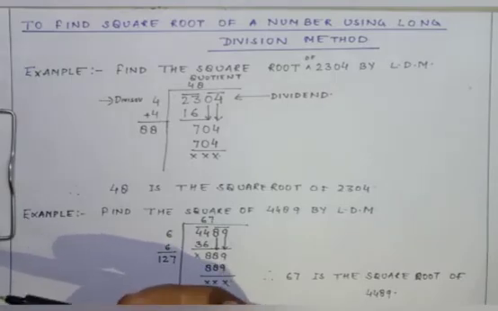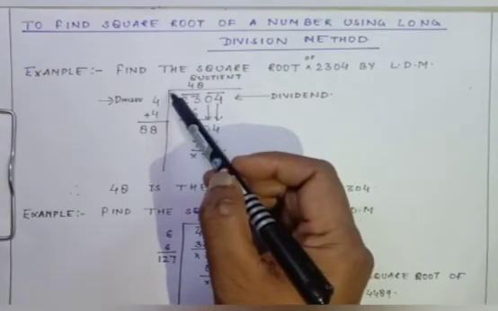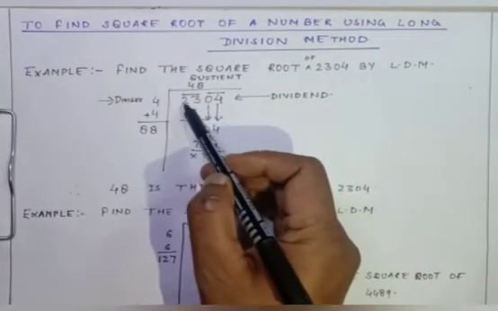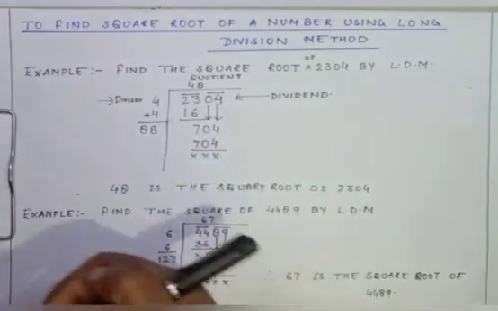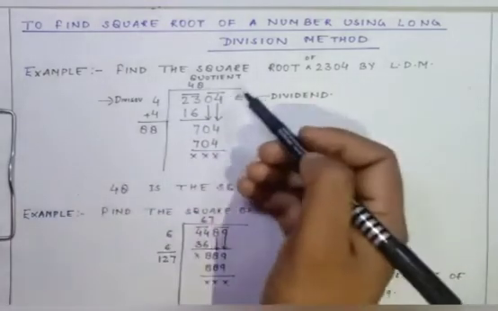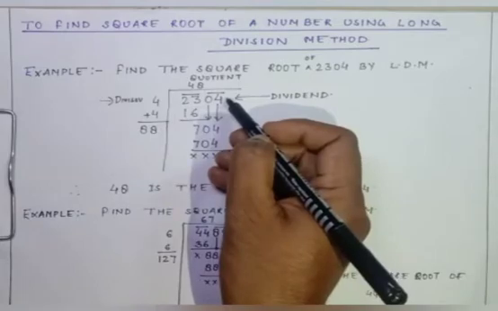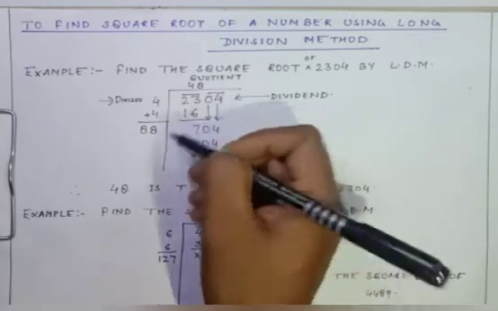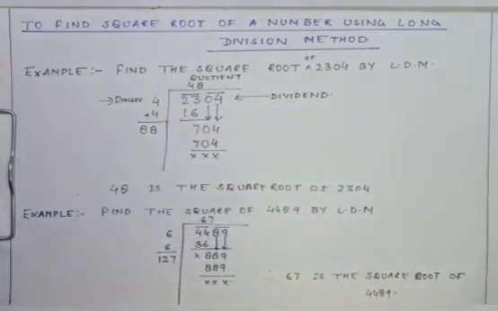The method that we are going to use is very much similar to the way you are dividing a number. First of all, I am going to place the number 2304 under the symbol like this, and after that the first thing that we are going to do is to pair the numbers from right to left. Over here if I start from right to left, 4 and 0 makes one pair, 3 and 2 makes one pair. I hope it is clear to everyone.